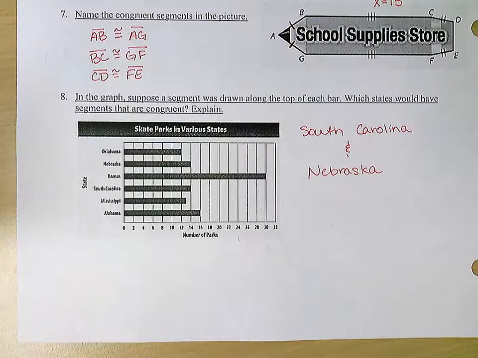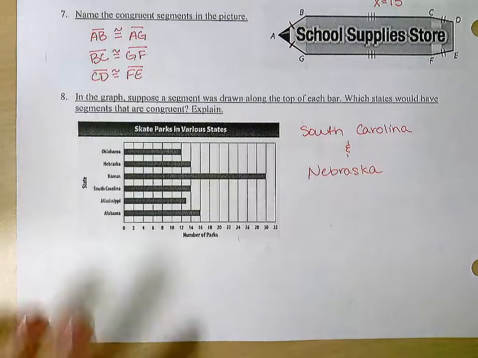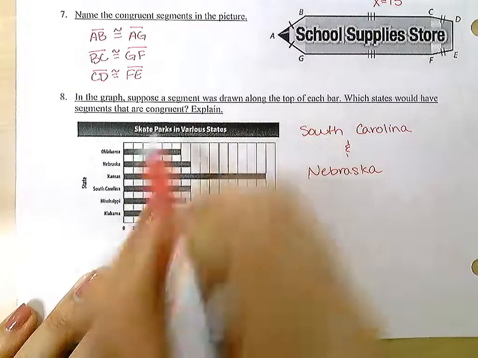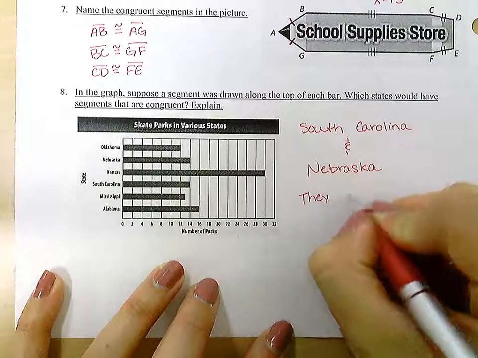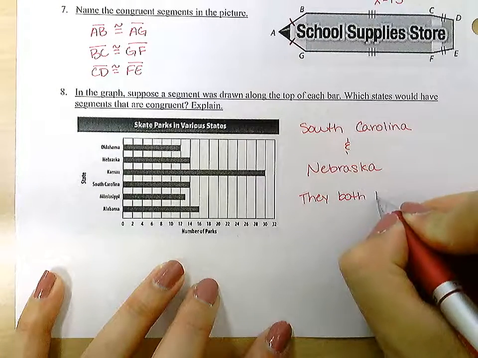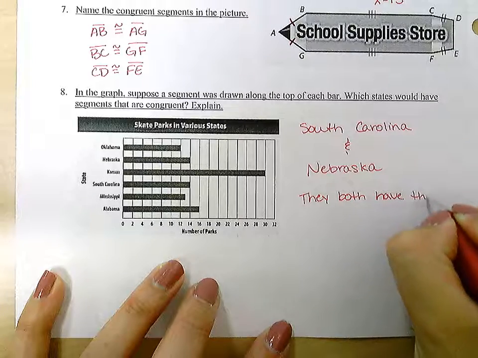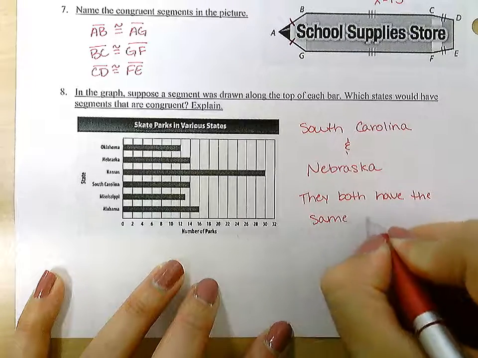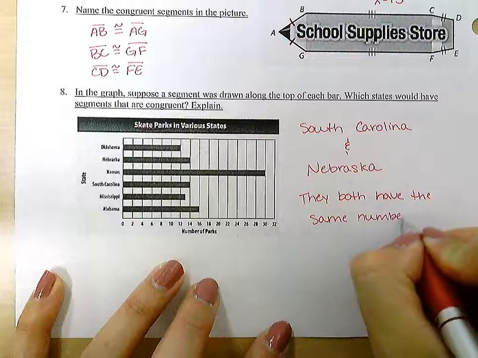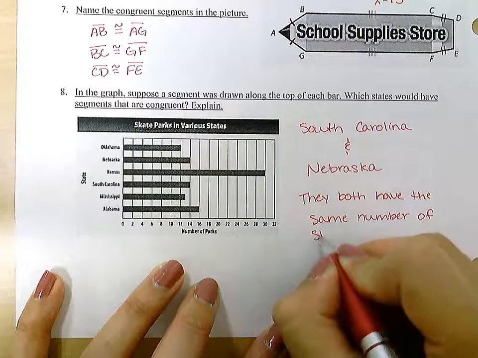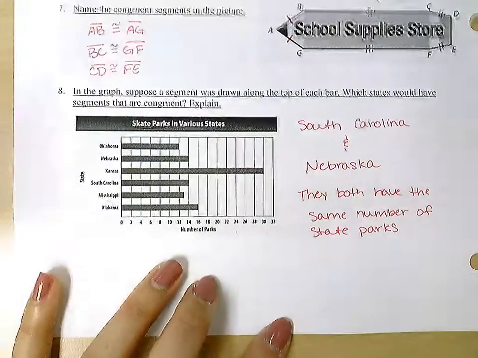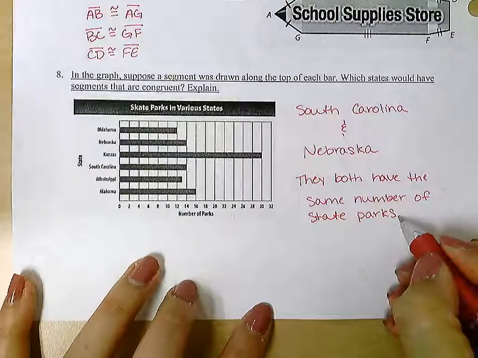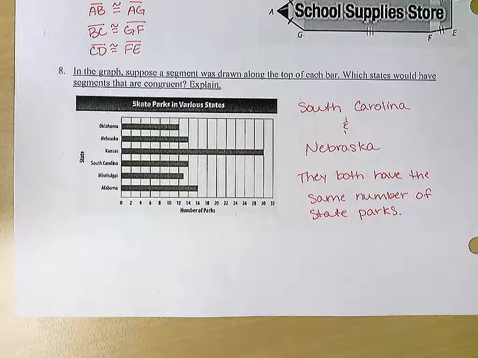Those two states are congruent because they both have the same number of state parks. So that's why they would be congruent. They both have the same number of state